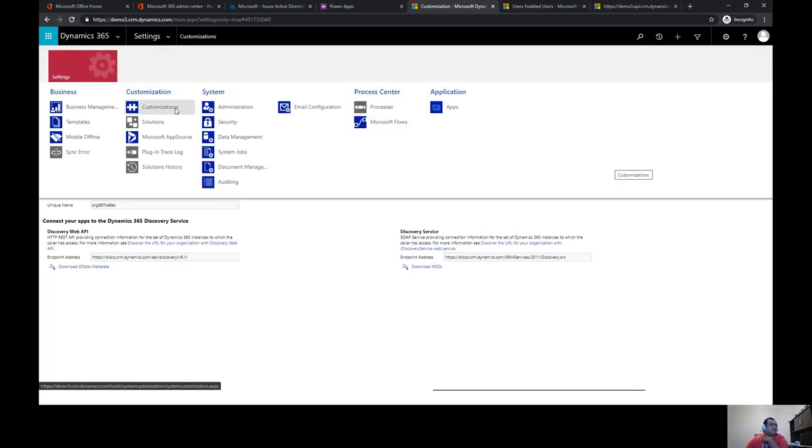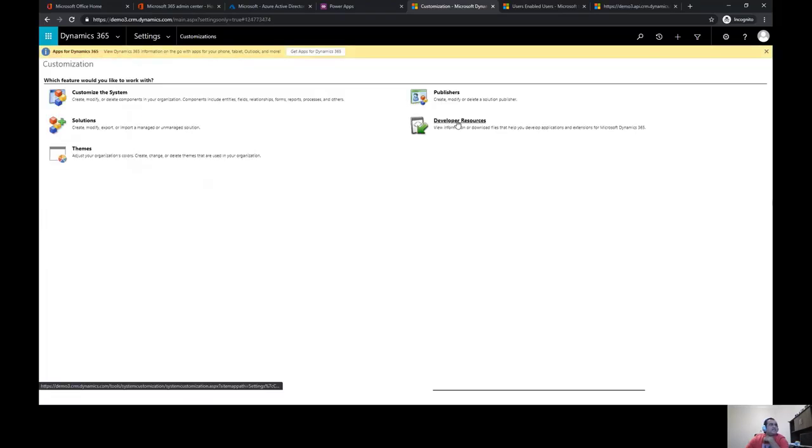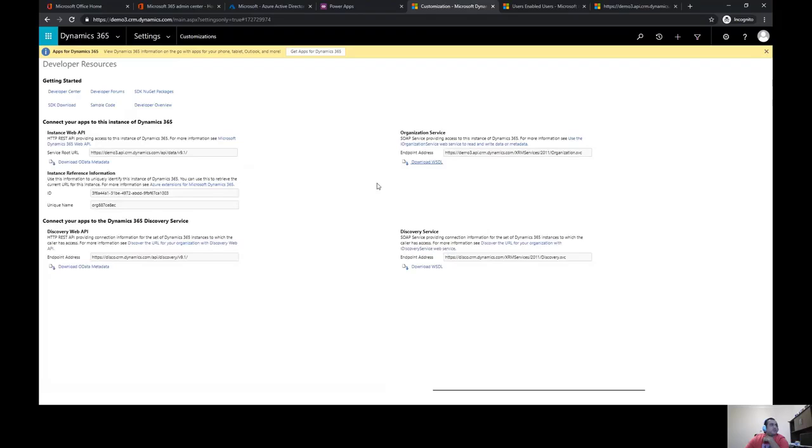There you can select under settings, customizations. In customizations, you can click on developer resources, and here you can get the URL of your web API or the URL of your SOAP services. For the purpose of this demo, we would be mostly talking about the web APIs, and this is where you would get your URL from.